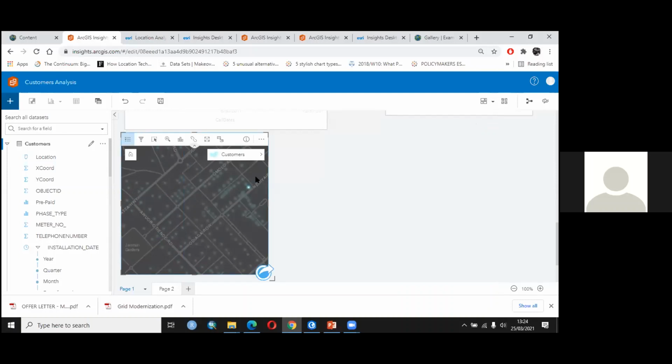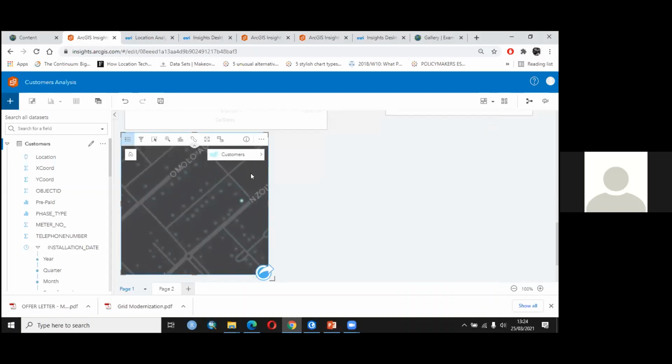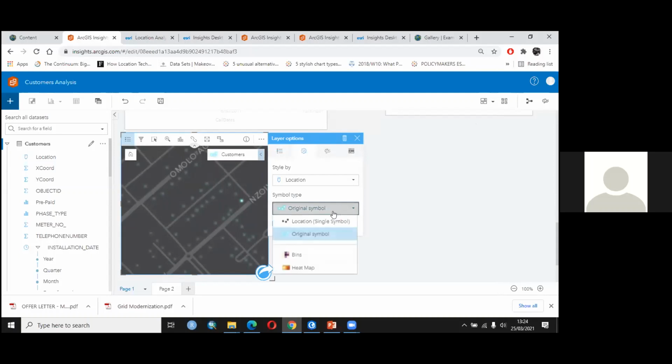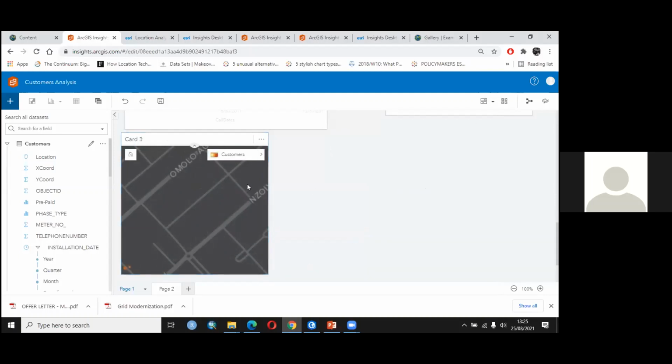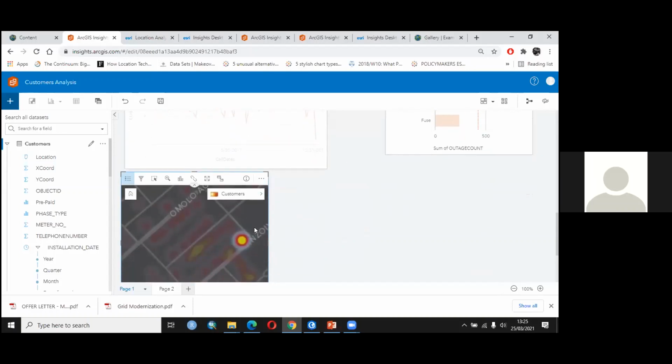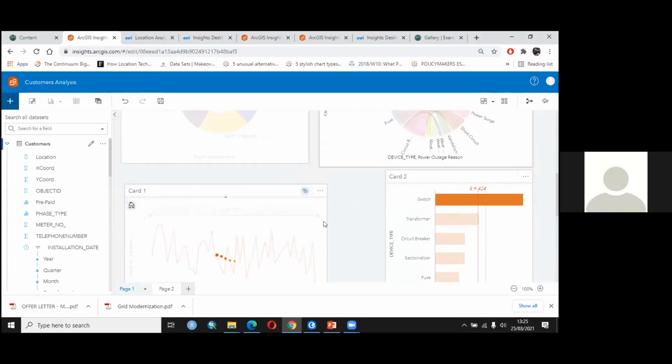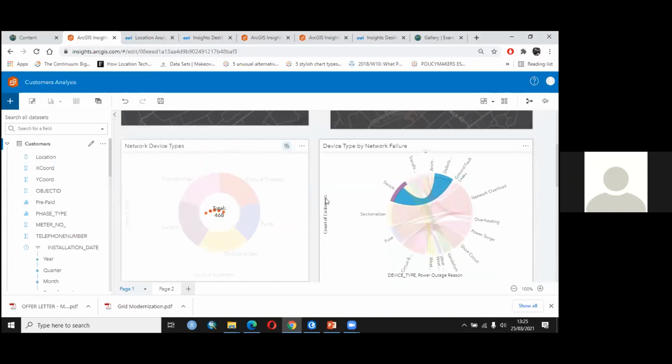Now, when you look at this file, if I just do a simple density analysis, I'll come to my map, and when you click here, there's options for you to view your information, whether as a heat map or as a bin. And what this means is, you're able to see areas of high concentration and low concentration. And I've just highlighted that one location. You notice that as soon as I select this location, everything on the card changes to show me the distribution. So within that location, you notice that the issue there is a switch within the grid. And what's happening is there's a defective switch that's been affected within that particular